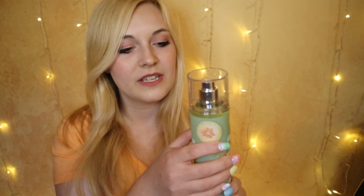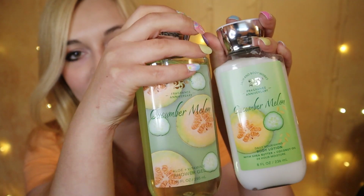If you're unfamiliar with Cucumber Melon, the fragrance notes are crisp cucumber, watery honeydew, and summer cantaloupe with sparkling grapefruit and sheer woods. I especially love it in the shower gel. It's so crisp and fruity, and it does have a little bit of that cotton candy-like note in there because of the cantaloupe and honeydew. I just think it's so classic. So yes, I got that in the body lotion and the shower gel, as well as the fine fragrance mist